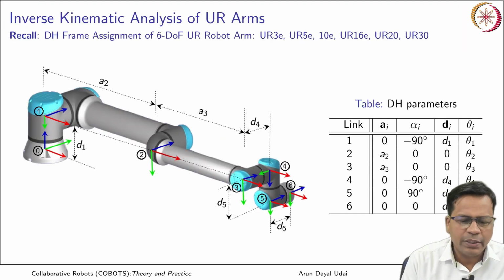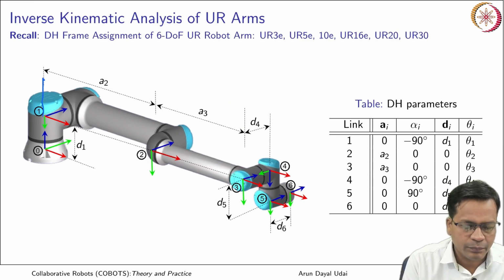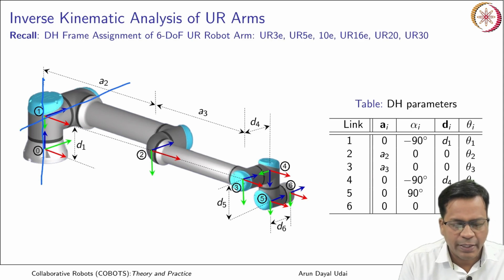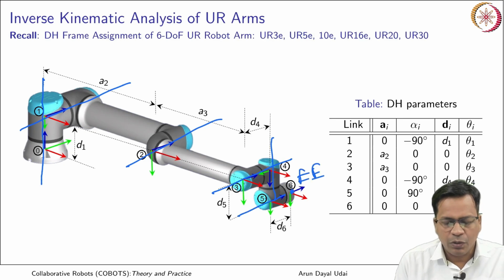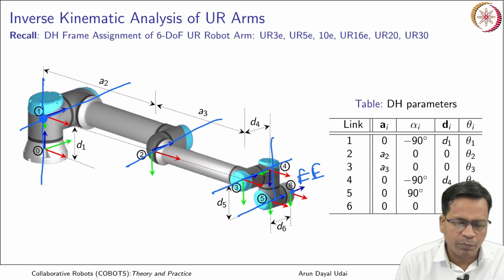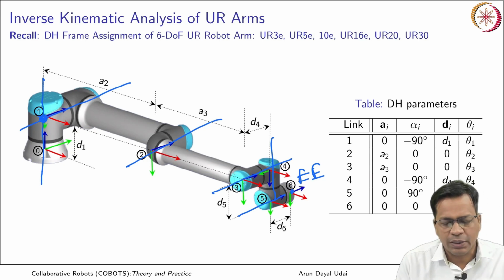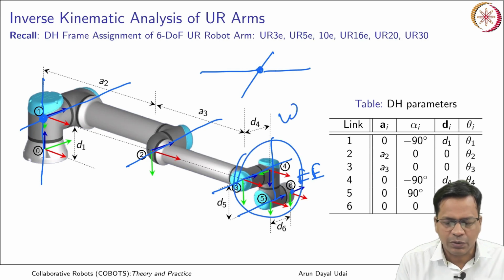It looks like this, you see. It has a first axis that goes like this, and then you have the second axis, the third axis, the fourth axis, fifth and sixth, and finally this is your end effector. Working with this kind of robot, there are many with similar architecture. It has not more than two consecutive axes which intersect at a point. So it does not have a wrist which has three axes all intersecting at a single point over here somewhere. It does not have a single wrist.